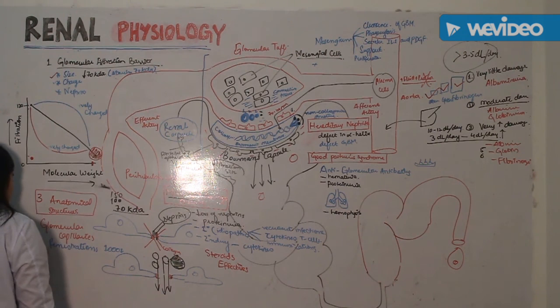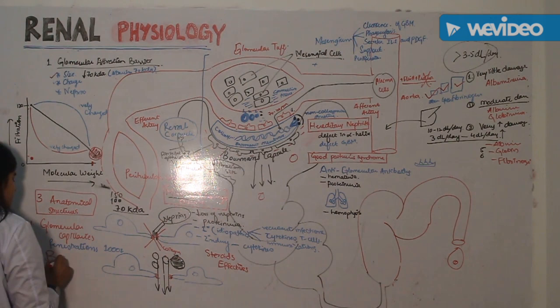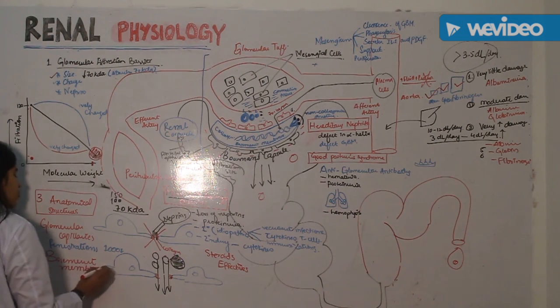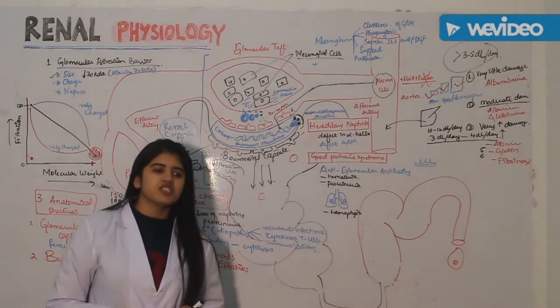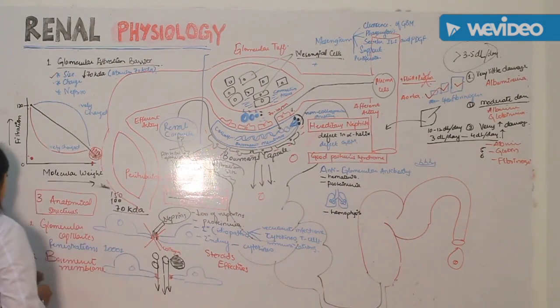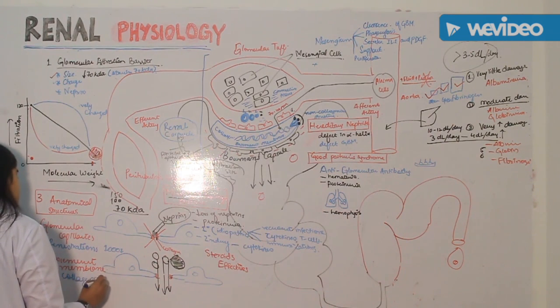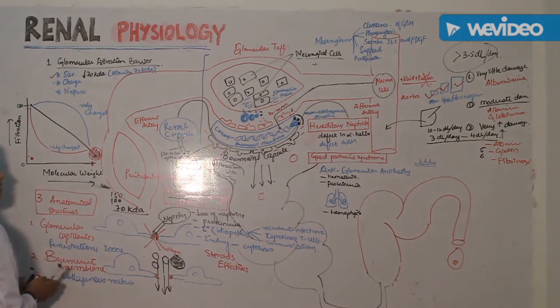Then the second important structure is the basement membrane. So what is the important function of the basement membrane? What is the important thing to remember in the basement membrane? It is the collagenous matrix. Is it okay to you? Yes. Collagenous matrix. And the third thing which is important to remember in this lecture is that the third is